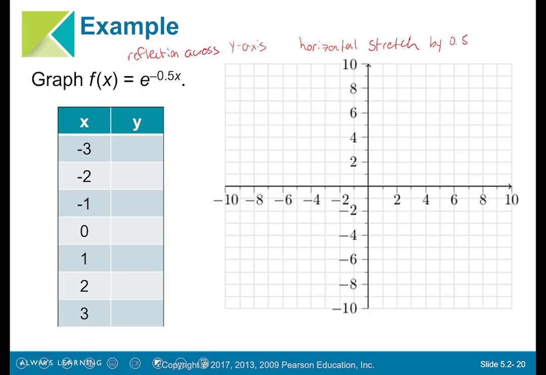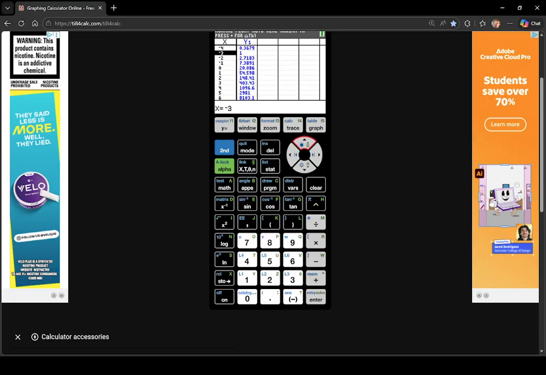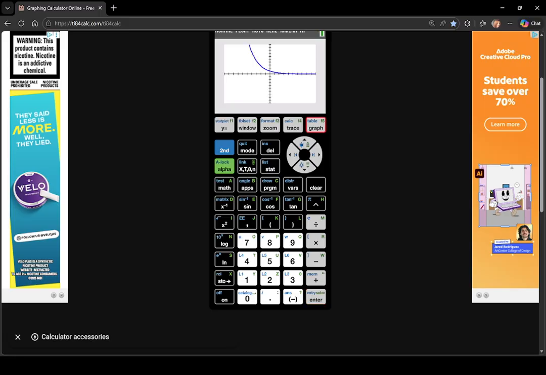So let's look at this graph on our calculator, e to the minus 0.5x. We go to our y equals, and I have second, there's e to the negative 0.5x. And I go to the graph, and there we see it is a little bit more leveled out than before. It's not quite as steep, and it does go down towards 0. So if I go to my table,